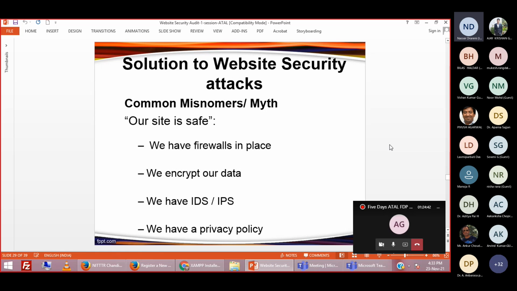Now we come to the section where we will discuss some solutions for website security, right? Till now we have seen only the problems, the vulnerabilities and how hackers are exploiting them. Now we are going to discuss some ways to avoid this type of hacking.